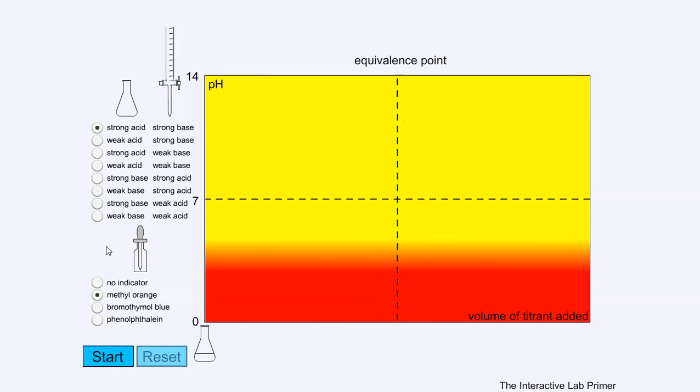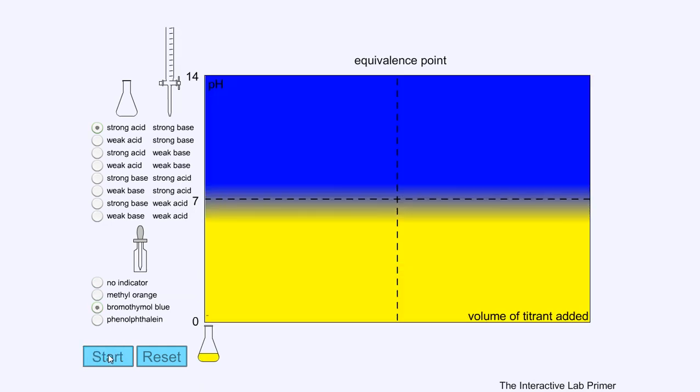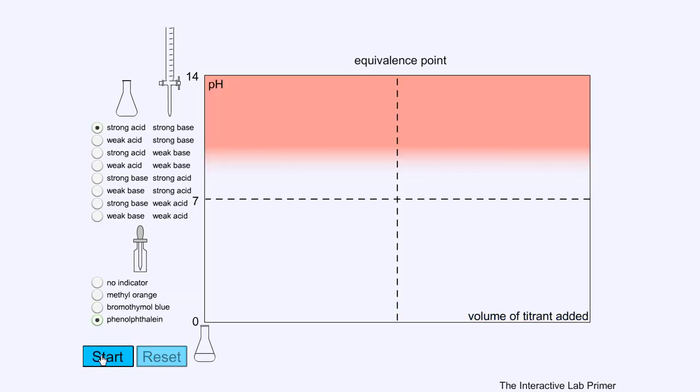So I can reset, and I can do the same thing with bromothymol blue. Notice again, there's about 2 pH units for that color change to happen. A strong acid's gentle slope before it goes very steep. And notice in this case that our endpoint and our equivalence point match up, because the equivalence point is halfway on the steep graph. And I can do the same thing with phenolphthalein,